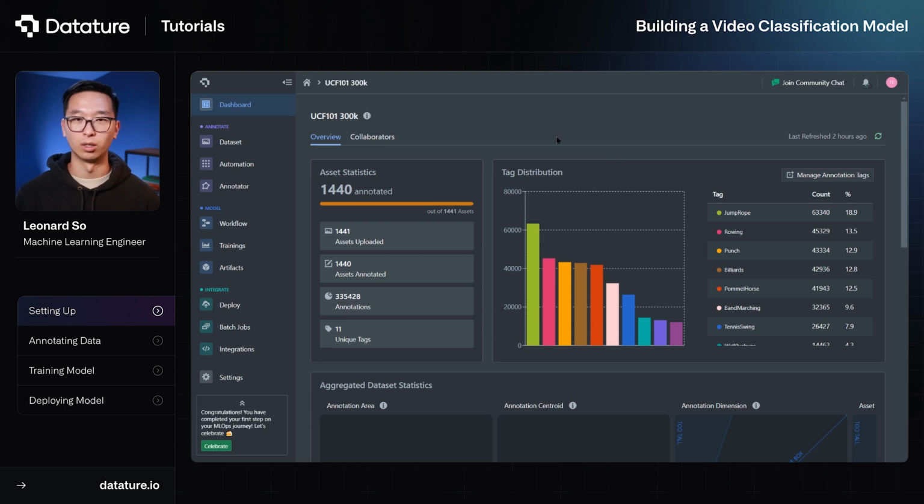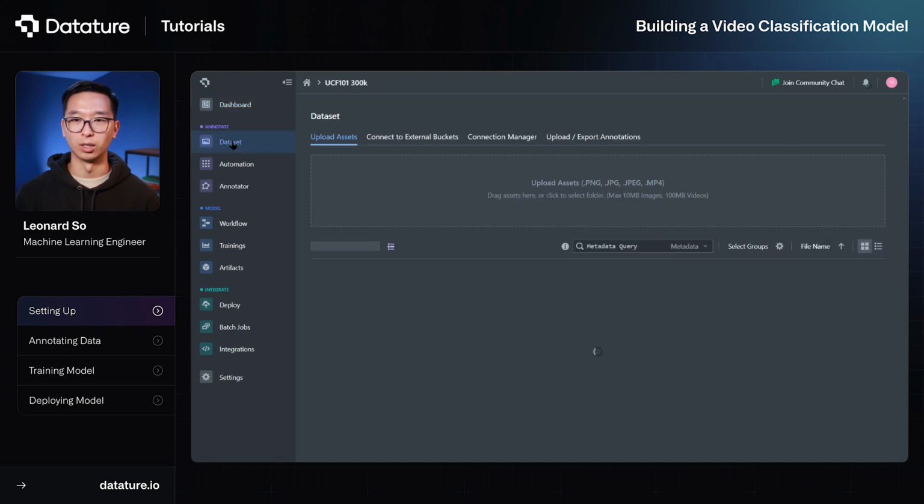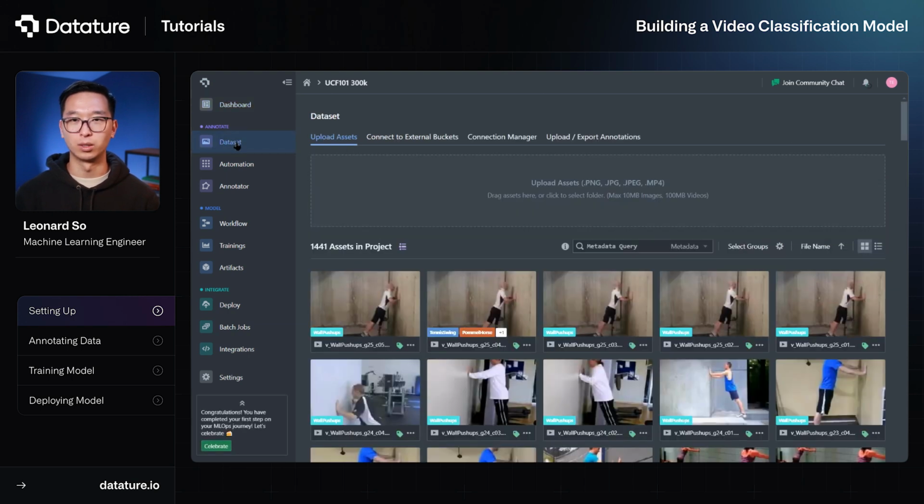and relevant data onto the platform. So we'll get started by going to the dataset page and uploading our data there. There's a few ways to upload data onto the platform, either by uploading assets in that rectangular box there or through external buckets. As you can see, we've already uploaded 1,441 assets into the project already, so we can go